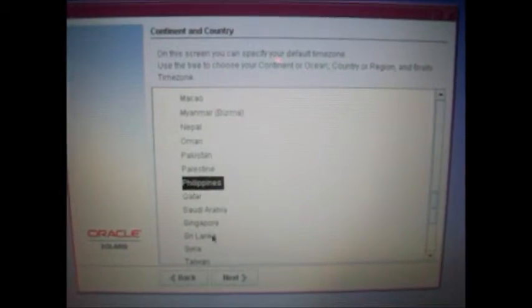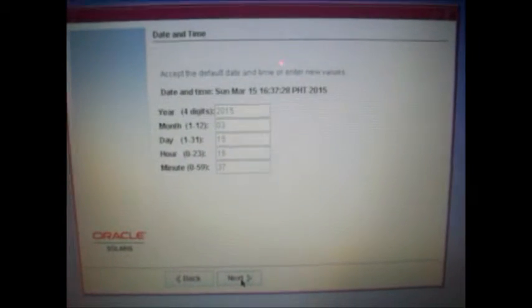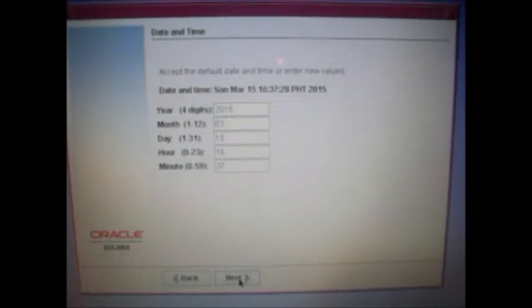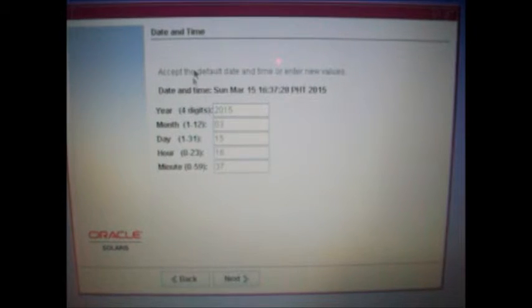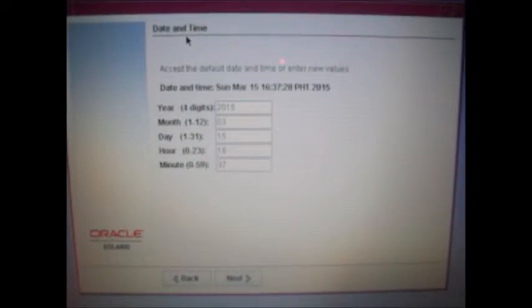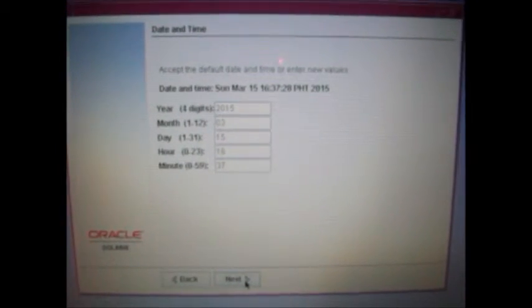Then click Philippines and then click next. Okay, and you will set the time, month, hour, minute, and then click next after that.